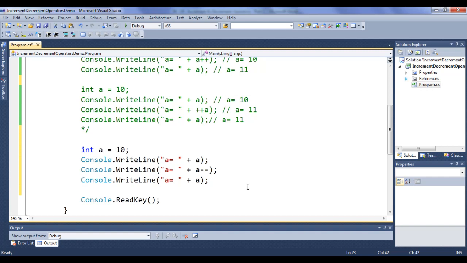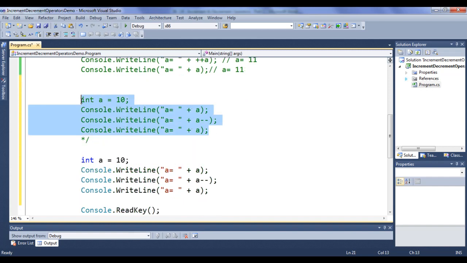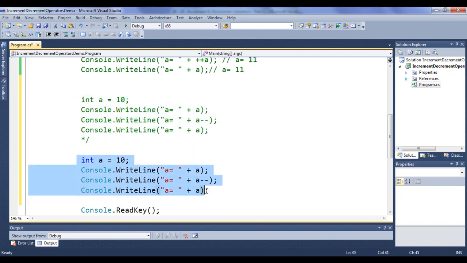What output we get? I copy this code from here and paste here. Let me explain how this code is executed behind the scene using this code, and we understand what output we get. I comment this code at present, Control X and Control V. So I commented this code so that I can explain this here.